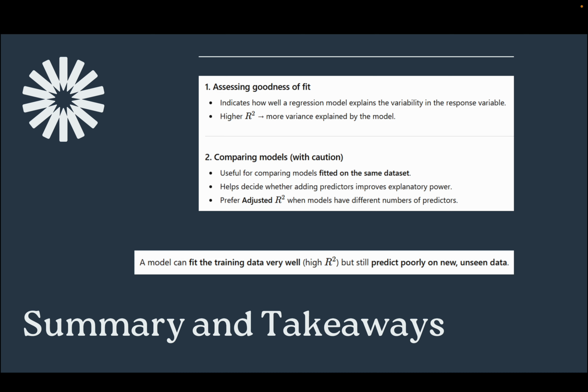So the thing is that the model that fits the training data very well may not predict well on the unseen data. So we should always ensure that we use this measure along with other measures for assessing the